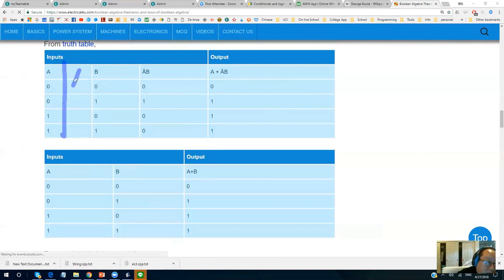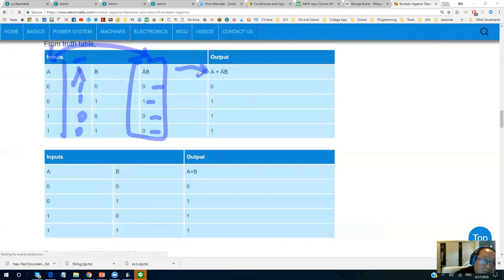Besides A, I can write the A bar, it will be 1, 1, 0, 0. So here, I can calculate 1 and the 0, that's 0. 1 and 1 is 1. And then 0 and 0, that's 0. 0 and 1, that's 0. So I get this one. And then this one, or with this one, I get this one.